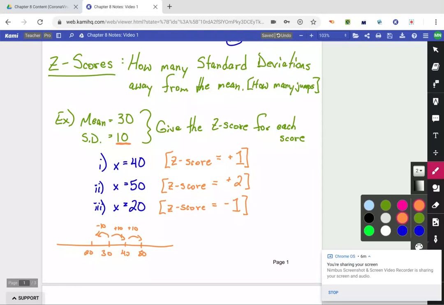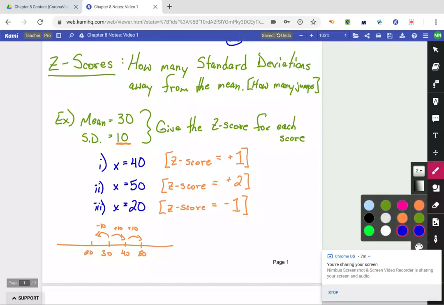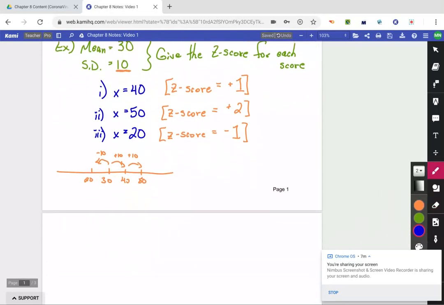So that is the definition of z-score. It literally means how many jumps did you go, right? How many standard deviations? So that said, it begs the question, right? How many times can you do this before you get one that isn't an integer, right? One that's not perfect. Maybe I'll sneak it onto this example because it's the last type of this kind, but